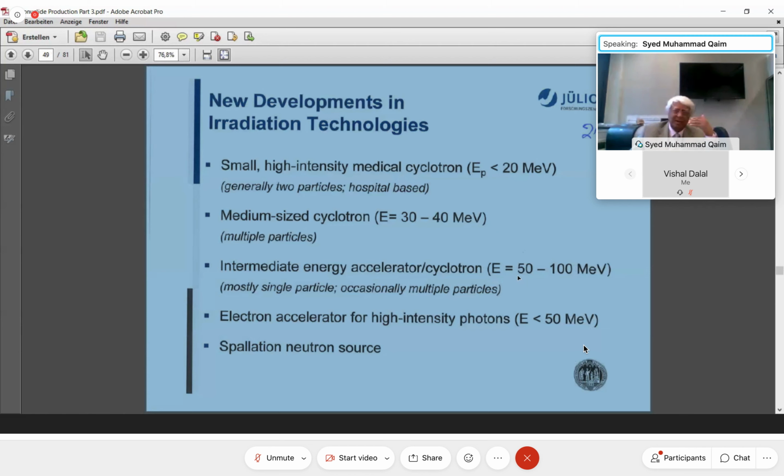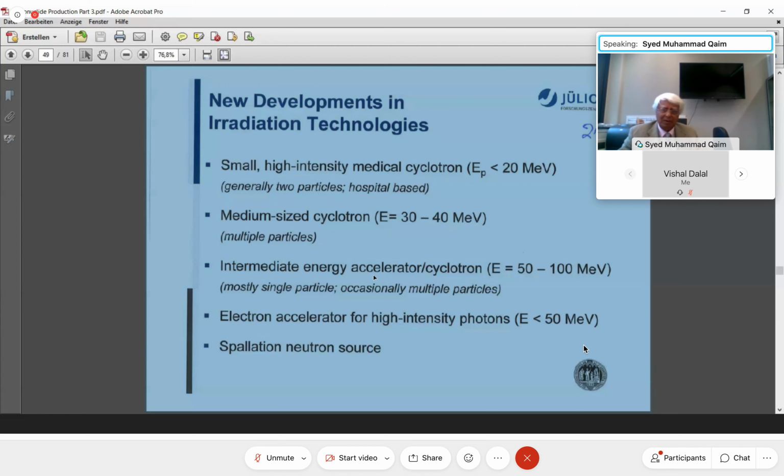So this type of machines also are becoming very popular. Not so much as the very small one. I said 1,200 there. Here maybe there are about 15 such machines in planning or they are coming. But this energy region, I have tried to show you, is very important for production of radionuclides. Previously, it was mostly positron emitters, but now the emphasis is coming also to production of therapeutic radionuclides using these intermediate energy machines.